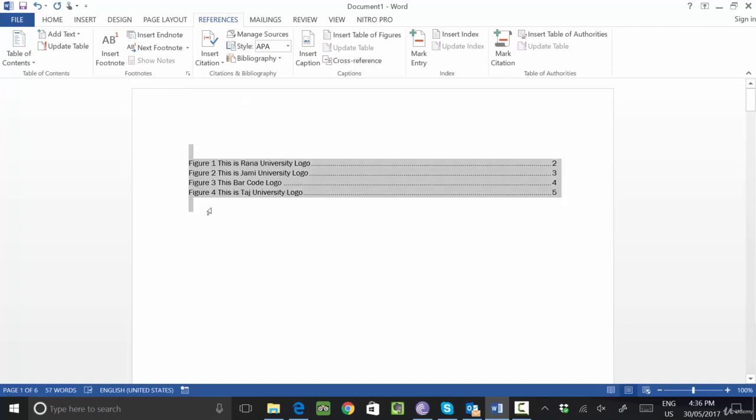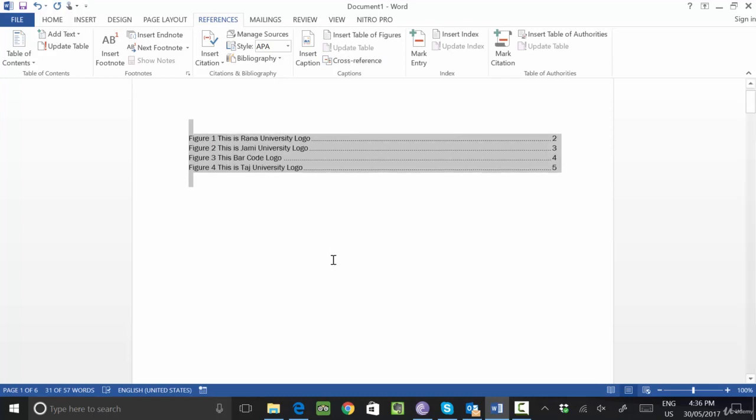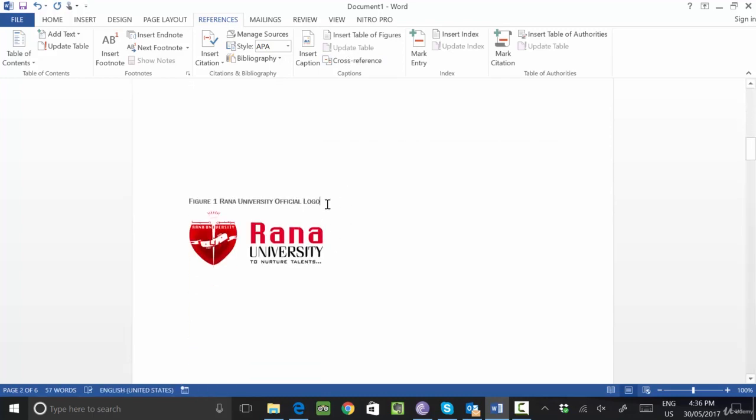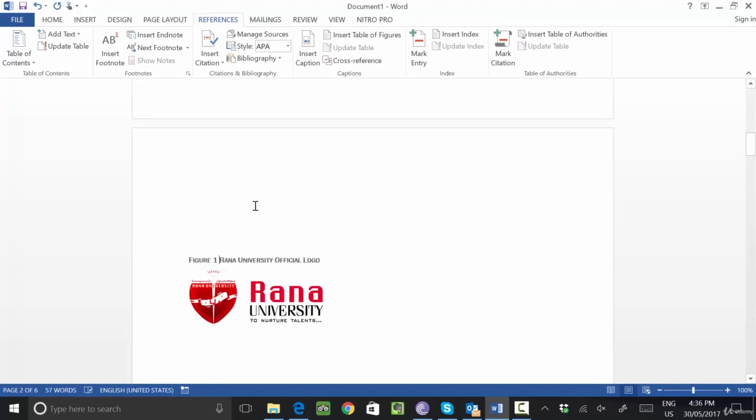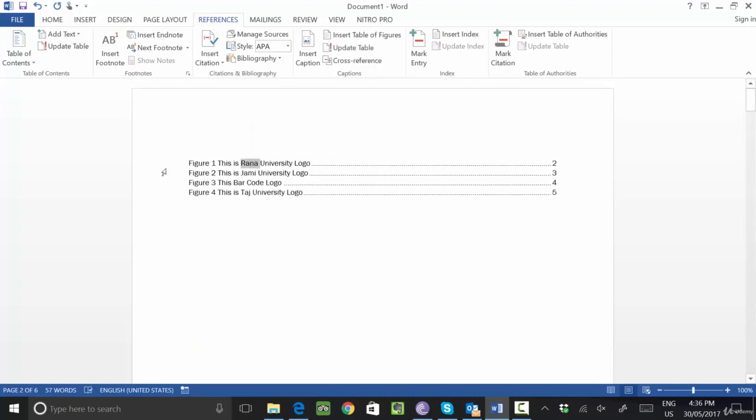So select all this figure list and click on Update Table, entire table. So it will show Rana University official logo. Is it clear? This way you can identify all the pictures of one particular document in a table format. Clear? Okay, done.